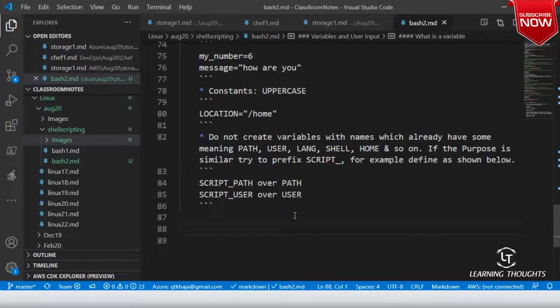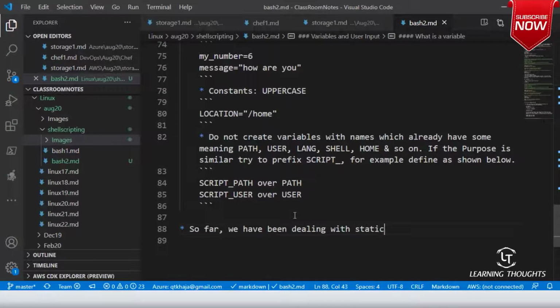If you look at this, so far we have been dealing with static scripts. The scripts are static because they don't take any inputs.